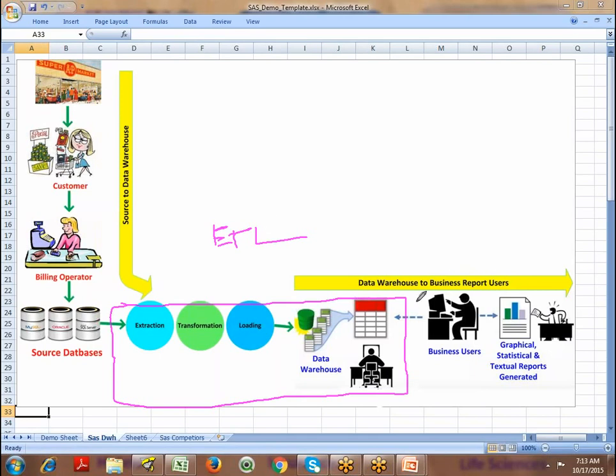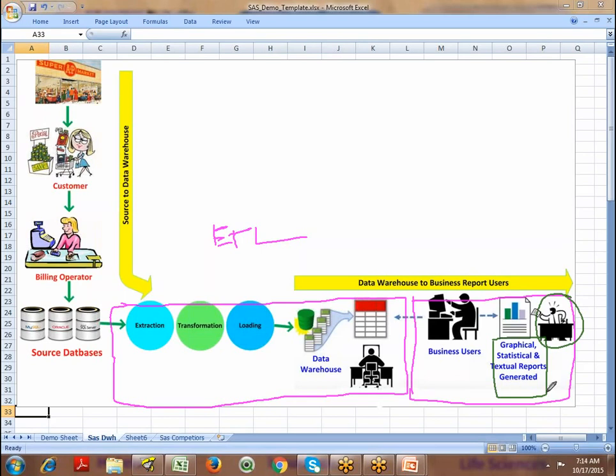Then the 20% of the work is where the SAS programmer or the business user is going to generate various kinds of output reports. These reports can be graphical, statistical or textual reports, and they are used by the business user for decision making.